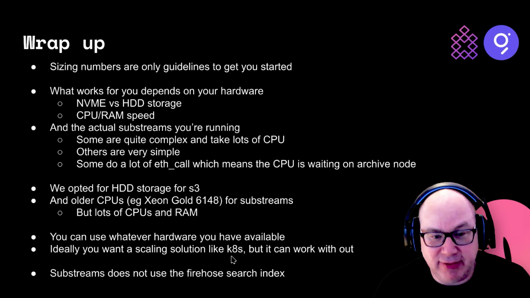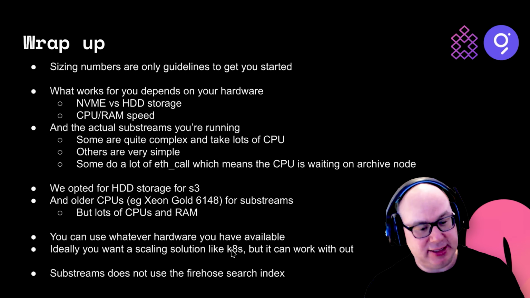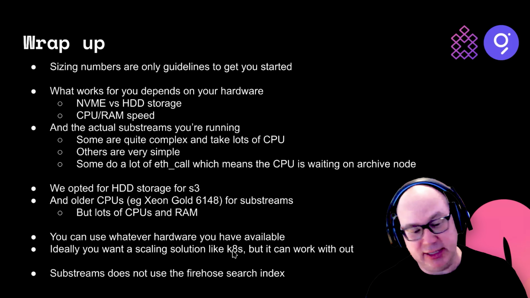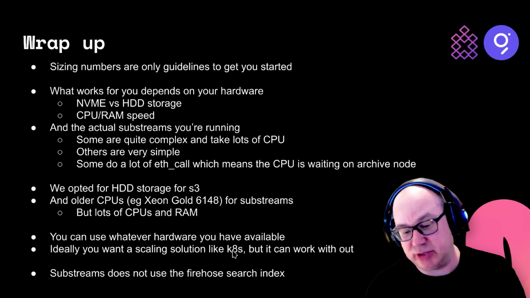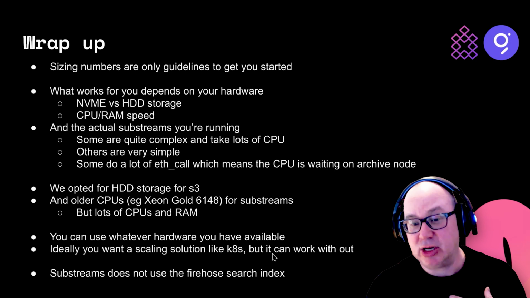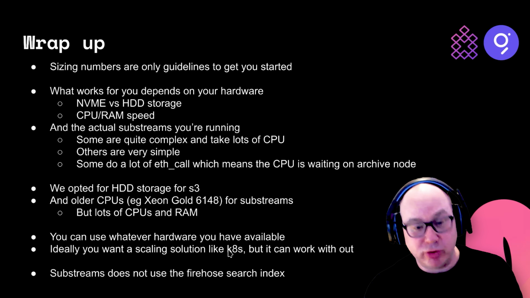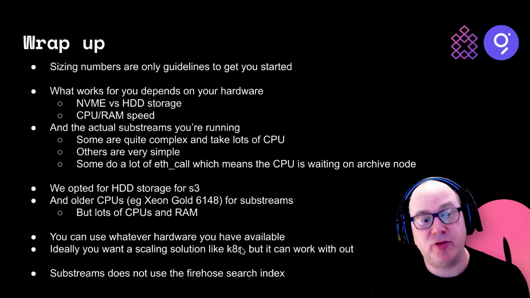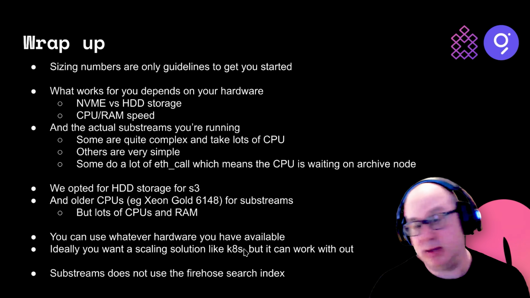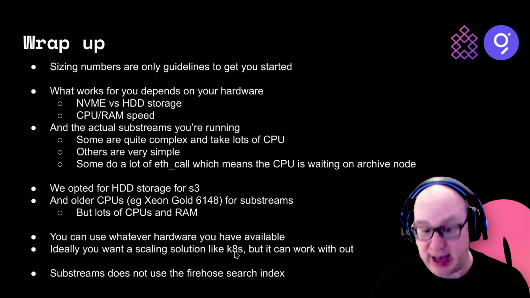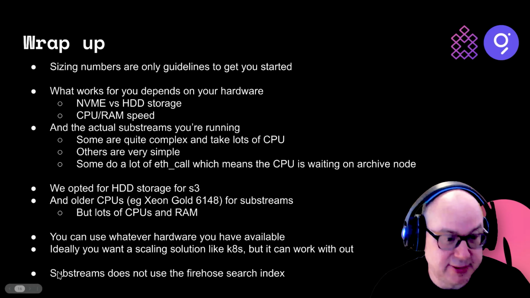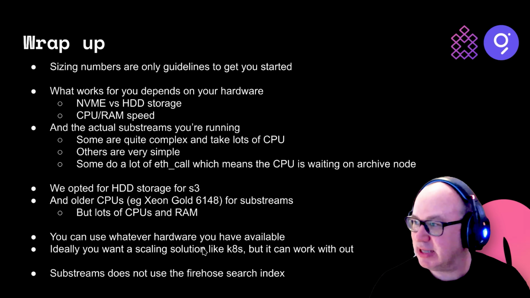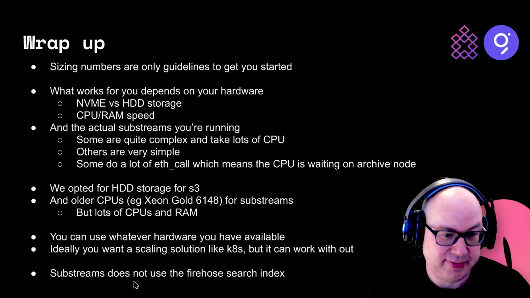From a scaling perspective, ideally you would want to put this in Kubernetes so that the tier 2s can scale up and down. But if you don't have Kubernetes and you're willing to allocate hardware just for tier 2s, you can do that too. Currently, that's what we do. We're moving towards Kubernetes. We've done a couple of presentations on Kubernetes. We're going to move our substreams into Kubernetes, but the current deployment that we have is actually not using Kubernetes. So it's using the manual scaler, right? So whenever I see there's extra load, then I need to shuffle it around.